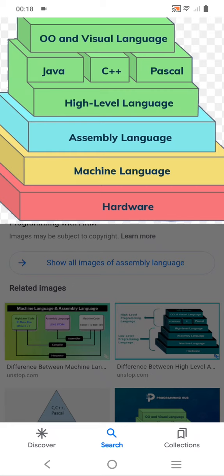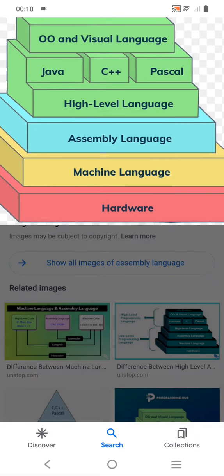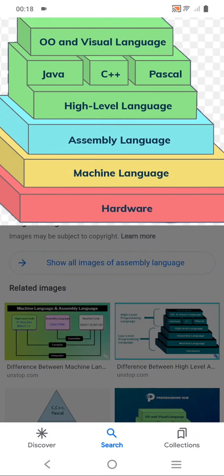When you write something in Java, C++, Pascal or a visual language, those are called high level. Python and other such languages are all high level languages. V basic also is a kind of high level. Scripting is one step above these things. So first level will be high level language, then assembly level language, then finally